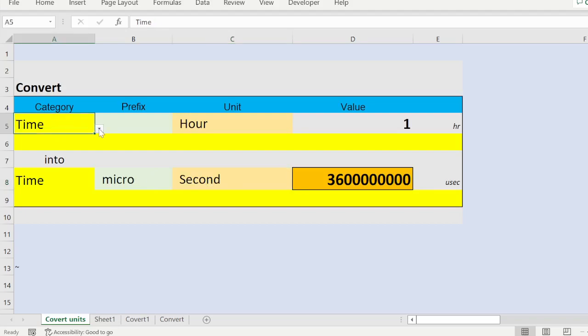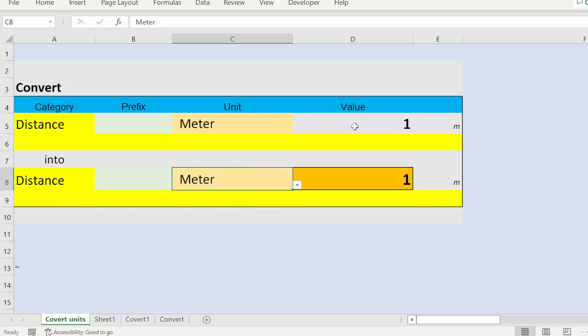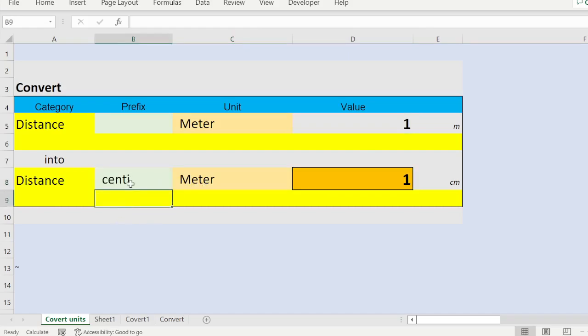Similarly, for example, I want to convert the distance. Okay, in the distance I have meter, right? So 1 meter is the same distance formula. I don't want anything here first. I want the meter. So 1 meter is 1 meter, but now I want to see the centimeter, then it's a prefix. So 1 meter is 100 centimeters. So there is a prefix also involved here to convert those